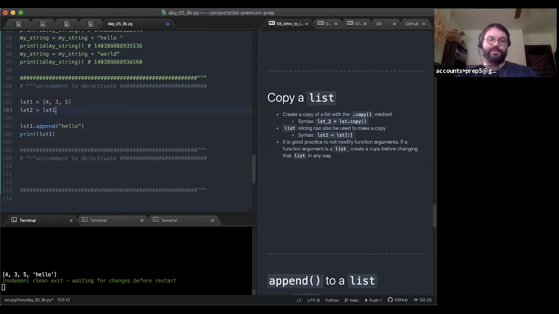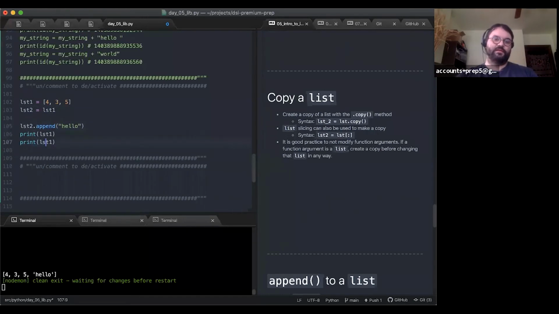Who knows what's going to happen here? If I append to list 2 instead, and I print list 2 and list 1, who knows what the value of list 1 is going to be? And list 2 for that matter. We could do list 2 too.